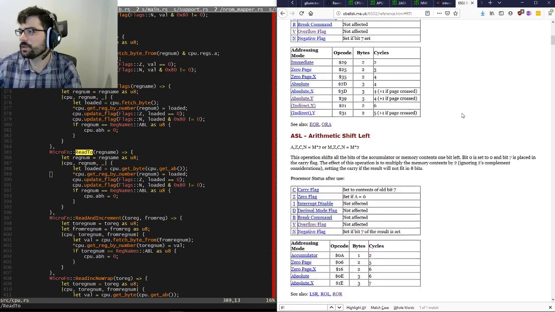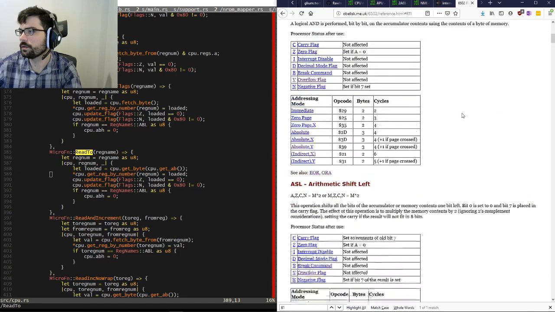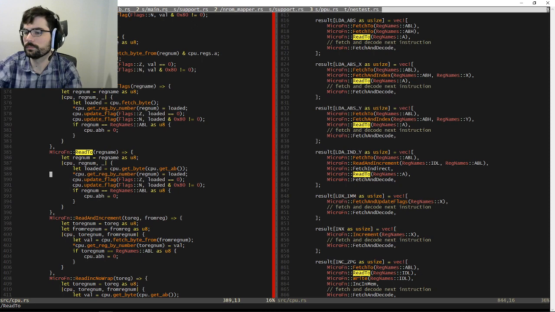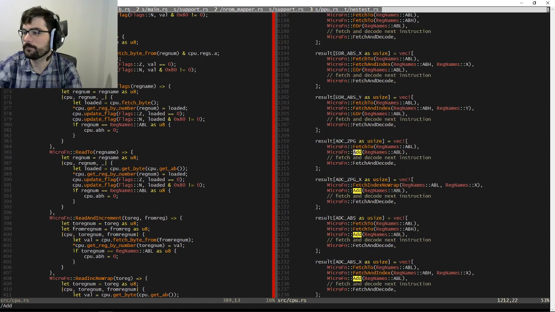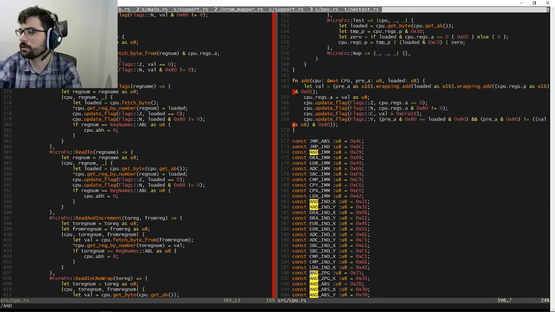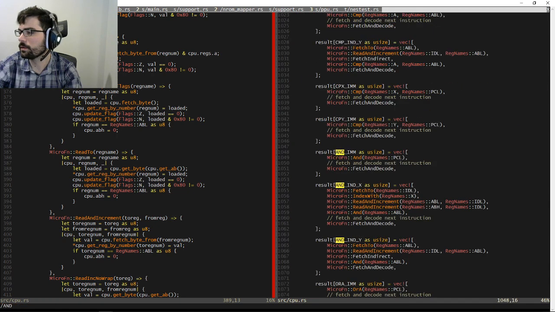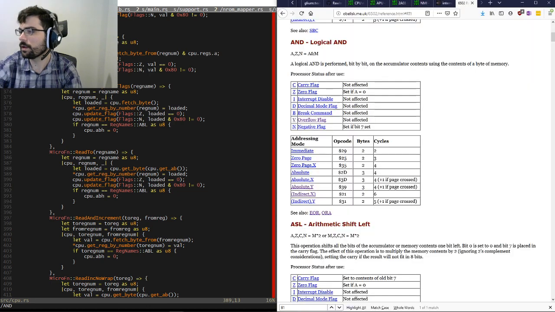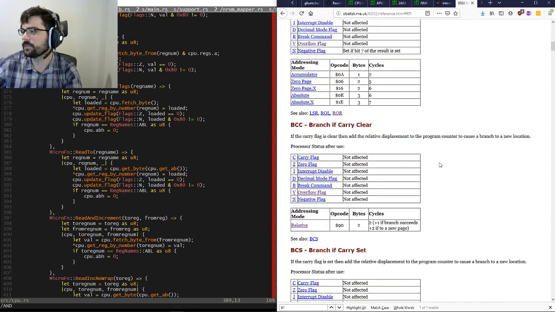Add does accumulator. Or and. Right, okay. Shift left.